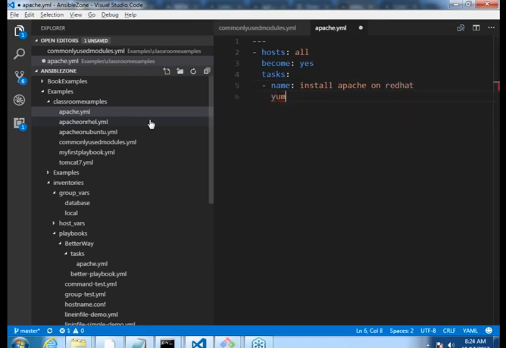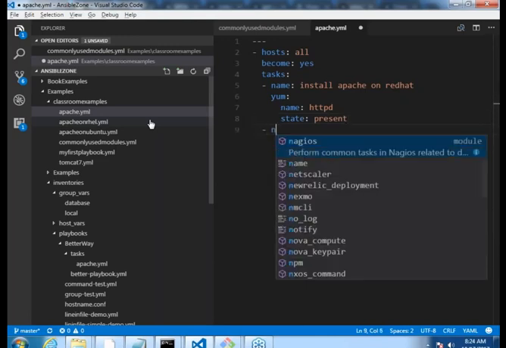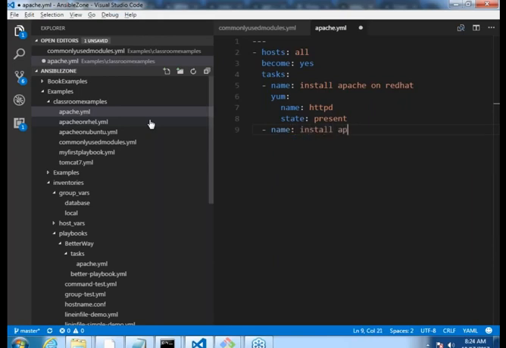For that, I'll be using a module called yum, and in the yum there will be a property called name: httpd, and then state: present.